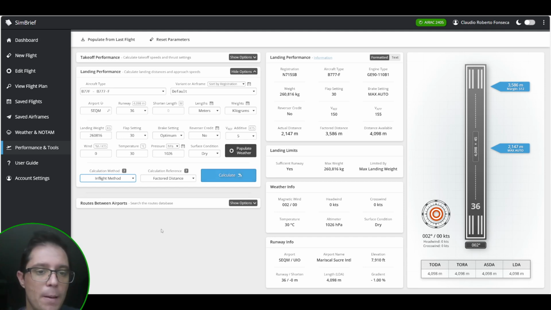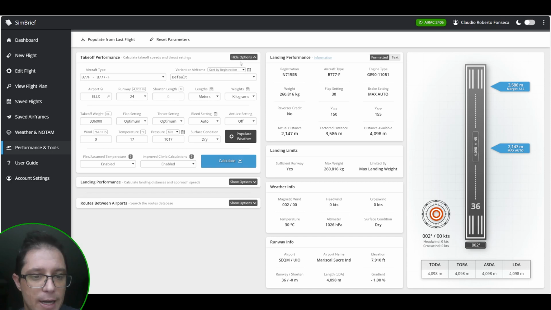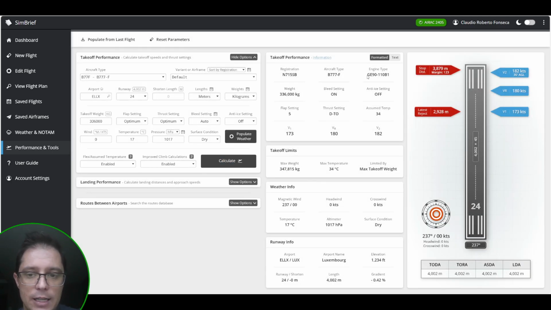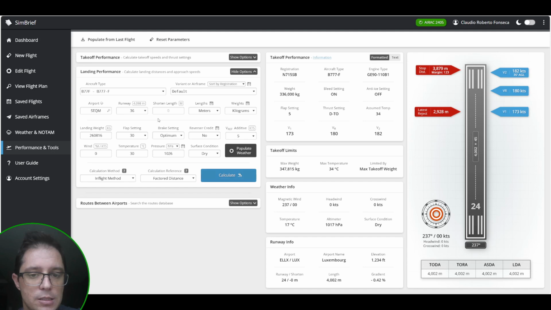So basically takeoff performance calculations, it's working really fine. Just have in mind that you need to have the same engine. Landing performance is working really good for the in-flight method, for the factor distance and for the actual distance. Both of them work really fine, and the dispatch method is a little bit off, at least in